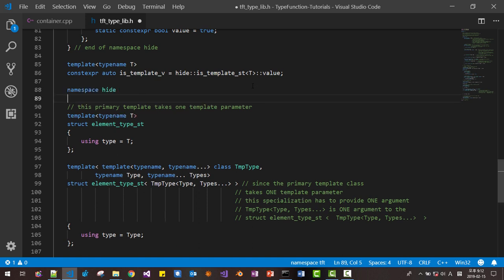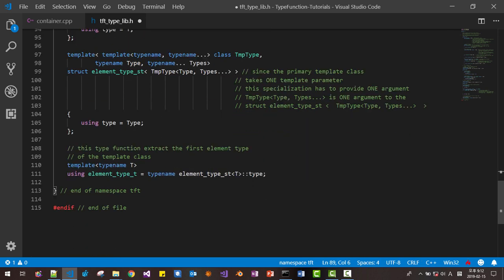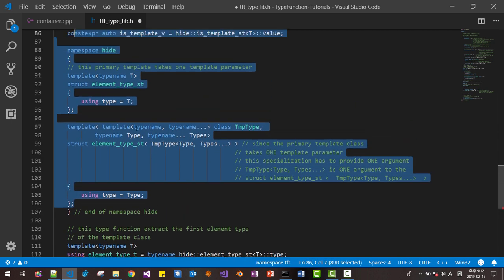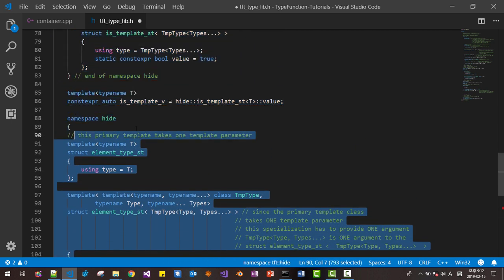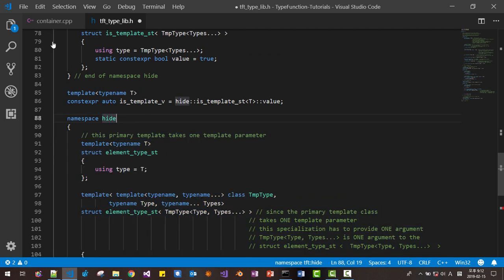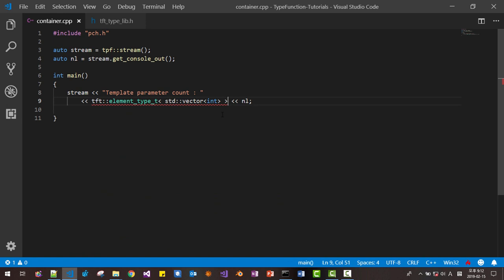namespace hide, and scroll down up to this point, end of namespace hide, and don't forget hide. Select this part, like this. Then in container class here,